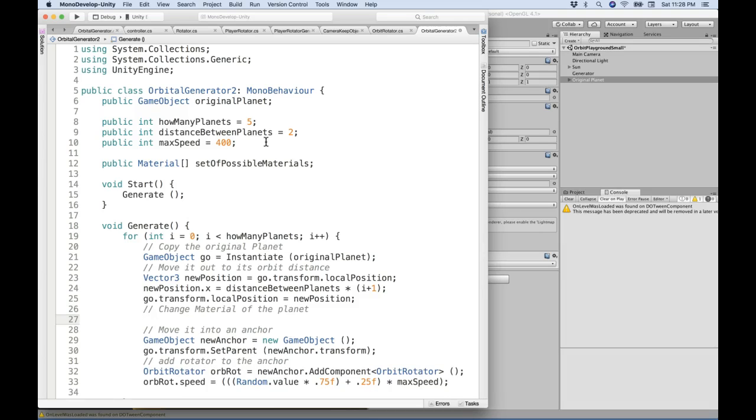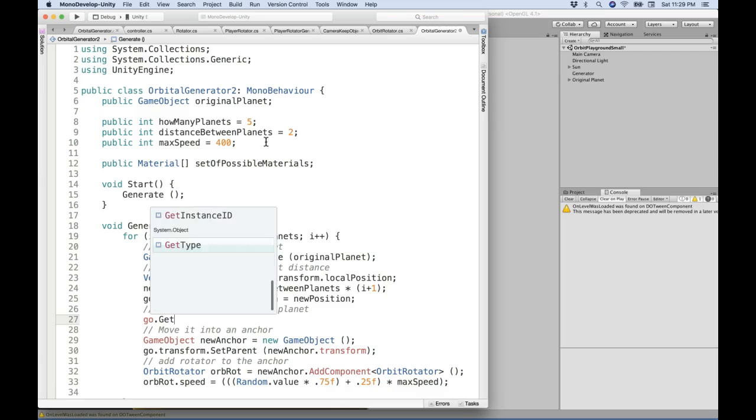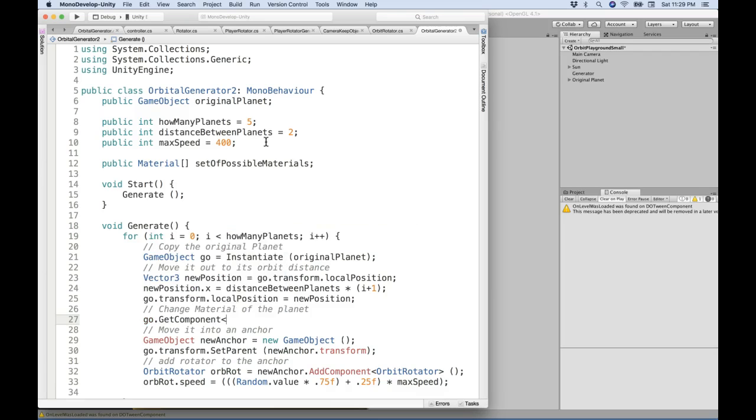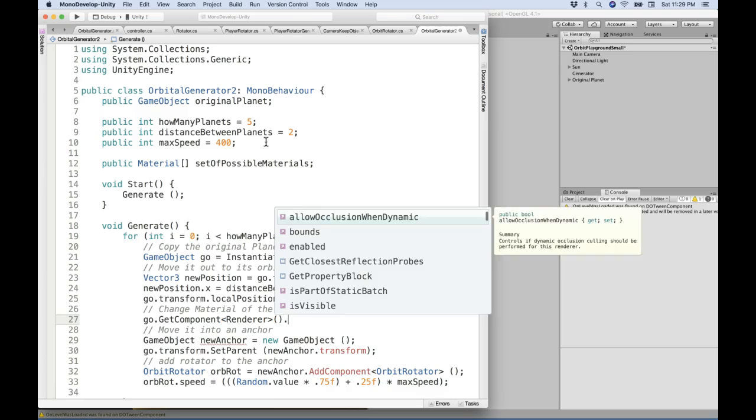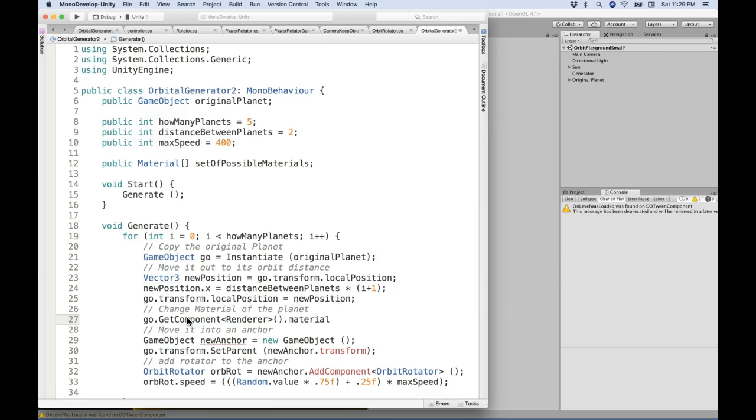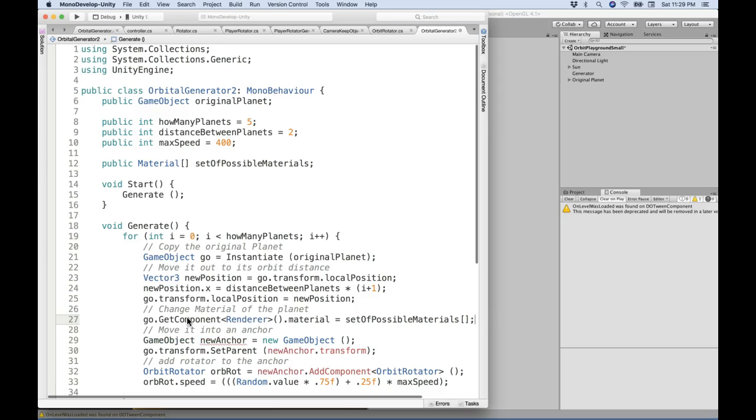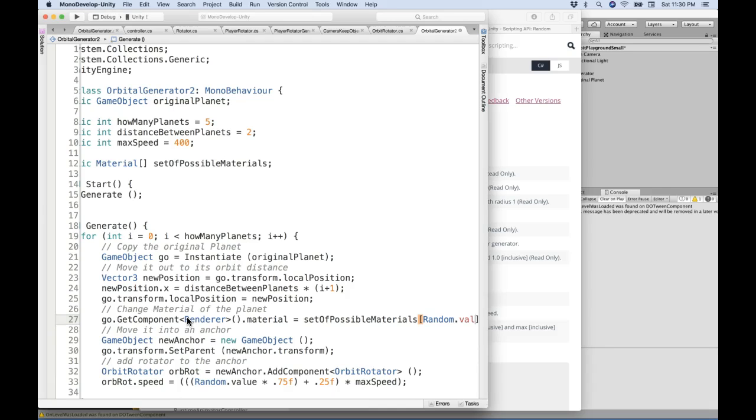So the planet is go.getComponent renderer dot material equals, then we have to pick one of these materials, so set of possible materials at, and then we give it a random number here. Random dot value or int, or